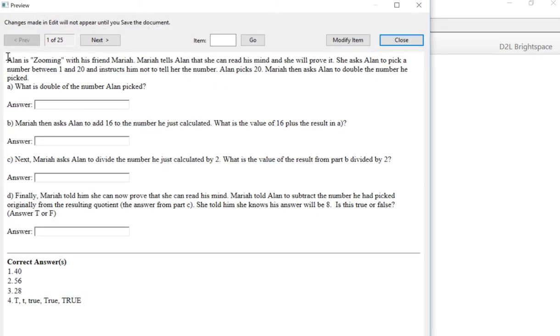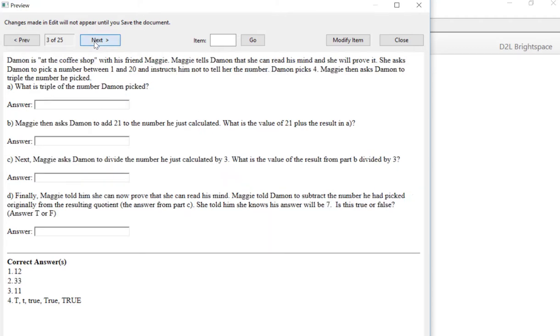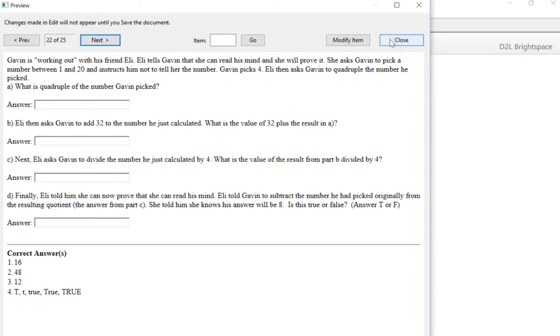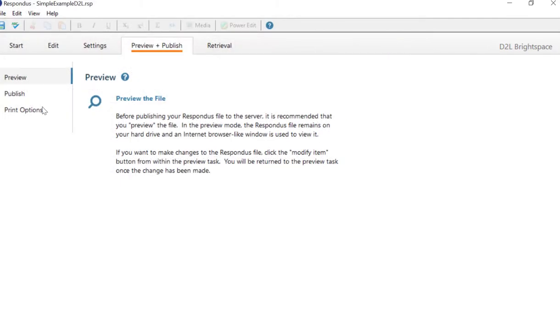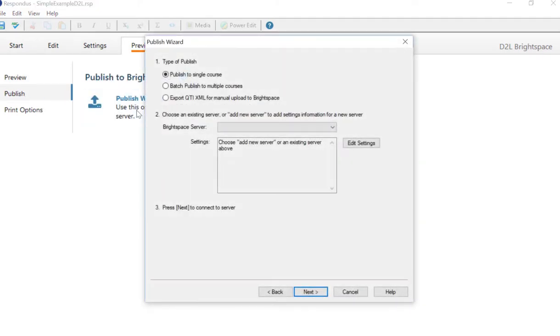Here's our first question. Alan is zooming with his friend Mariah. Okay. And then click Next to see the next one. And you can scroll through all of them if you want and make sure they look okay. Once you're done, they look okay. Click Close, and then go in and click Publish. And here, click Export to